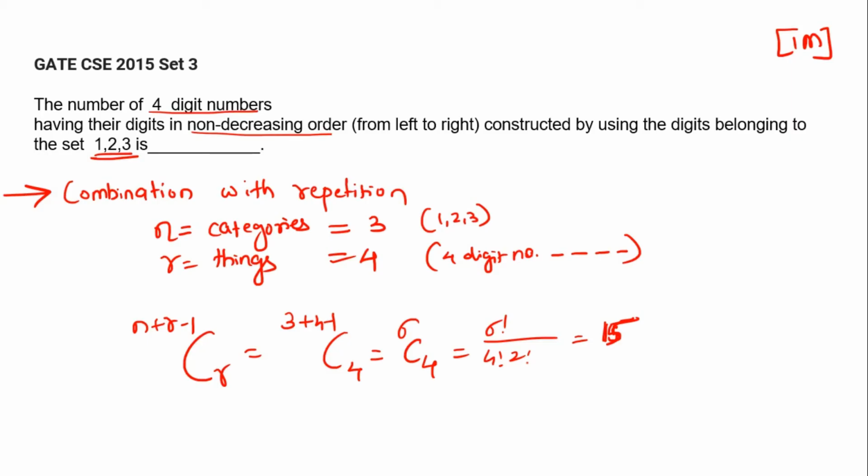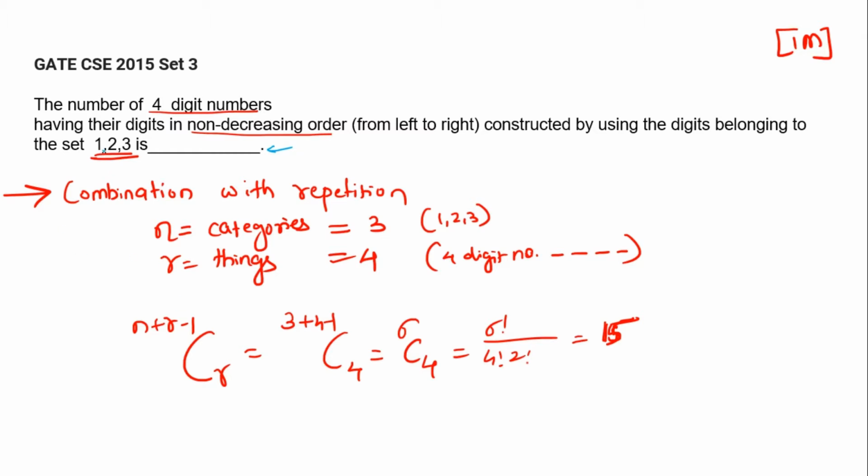GATE CSE 2015 set 3 question. The number of 4-digit numbers having their digits in non-decreasing order from left to right, constructed by using the digits belonging to the set {1, 2, 3}, is? Now we have to find how many possible 4-digit numbers can be formed from this set,